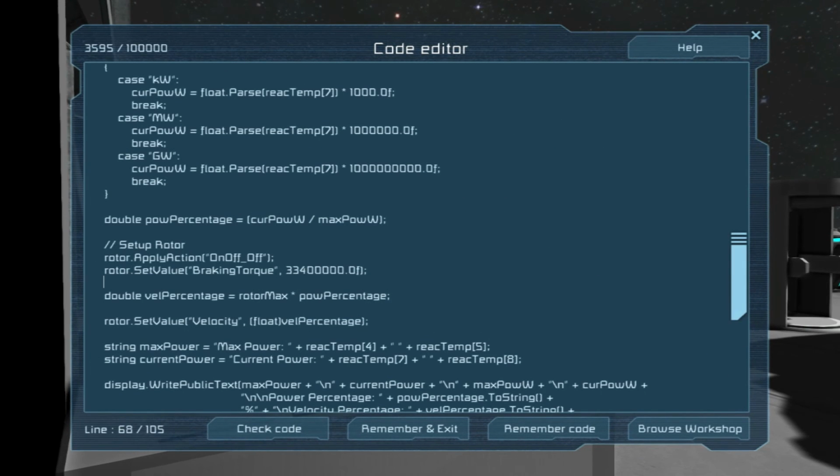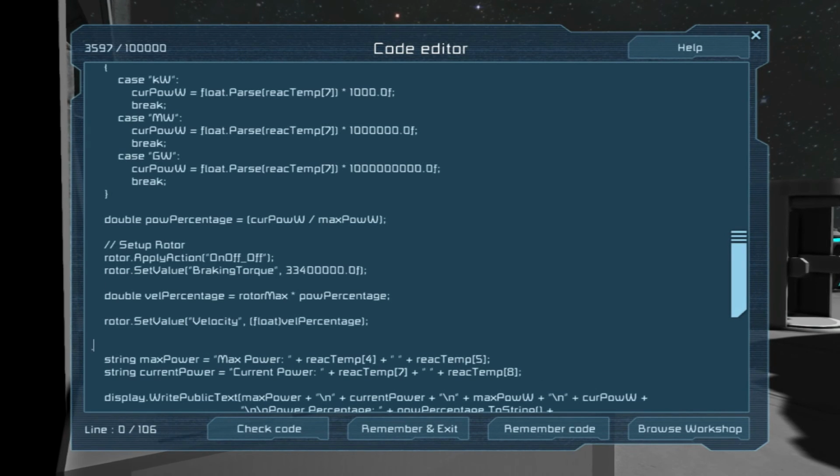So the last thing we need to do is right here. After it sets the value, or sets the velocity, sorry, we need to do, not a set value, the apply action, on, off, and turn it on.